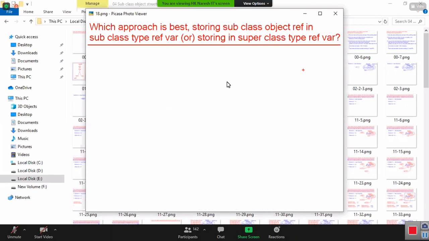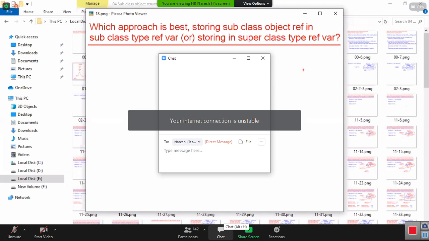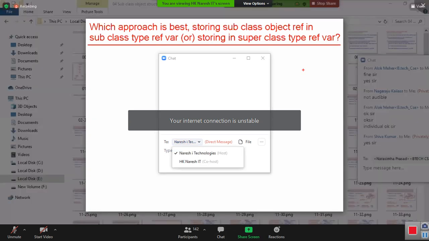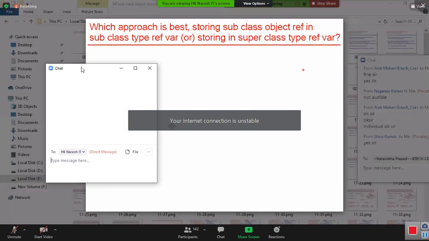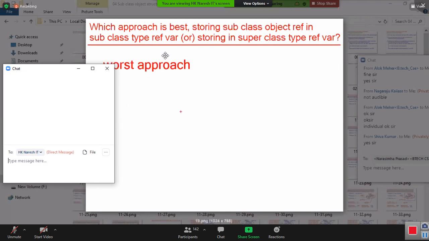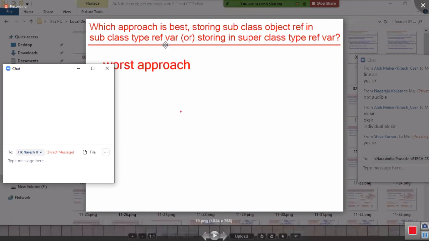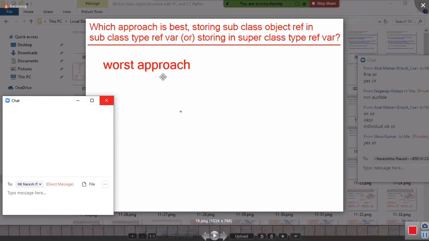That is the feeling in students' minds. That is a wrong feeling. Now, storing a subclass object reference in a superclass reference variable is the worst approach.